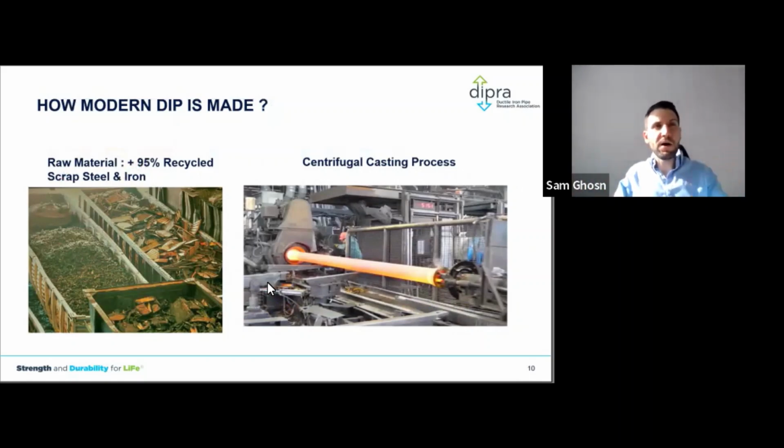Keep in mind that modern ductile iron pipe is a sustainable product. We don't go mine for iron ore to create ductile iron pipe. We actually buy recycled cars and steel and scrap metal, melt it and recycle it. On an average, we have over 1 million cars that are recycled in one of our member companies' facilities, where in North America, over 12 million cars are recycled every year. And then we use that scrap metal to create brand new ductile iron pipe.